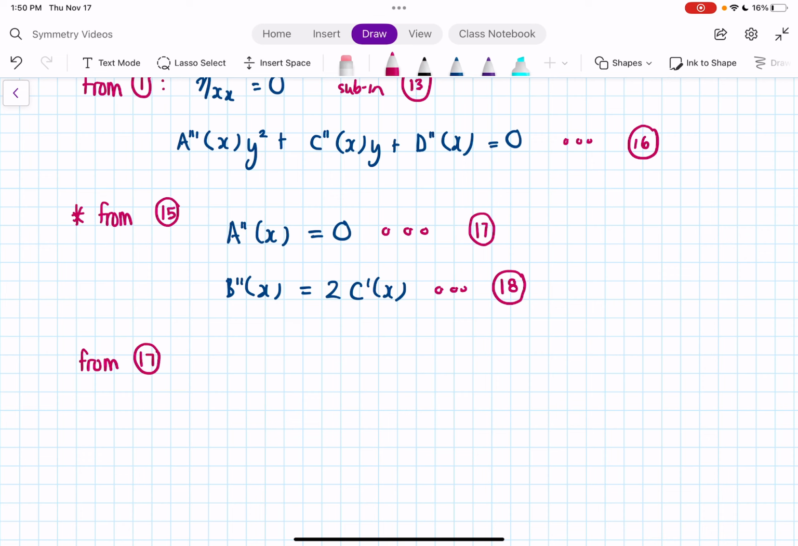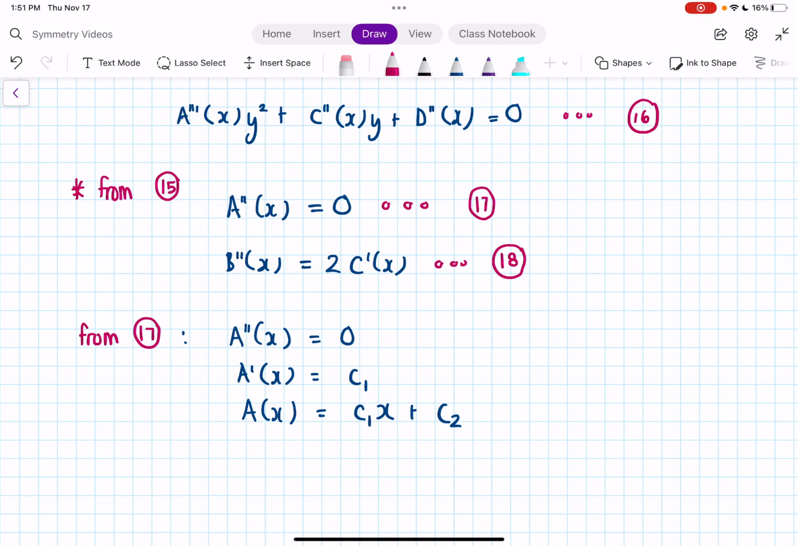So I can take 17 and I can now integrate to get what a of x is. So once will just give me a constant, and then once more I will get that. Okay, so that's one piece. Now I can't do much with 18, I'm just there. Okay, so we will wait with 18, and now we're going to look at